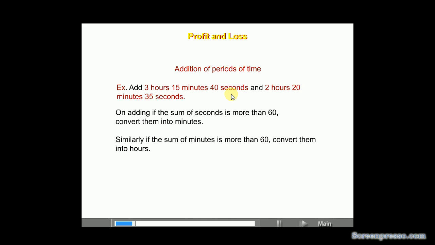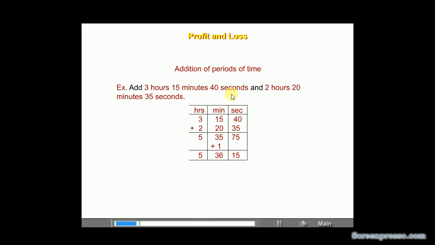On adding, if the sum of seconds is more than 60, convert them into minutes. Similarly, if the sum of minutes is more than 60, convert them into hours. Now, let us solve the example. 3 hours, 15 minutes